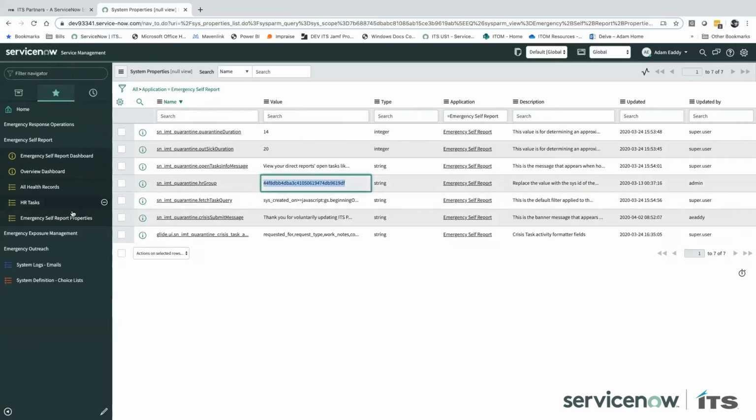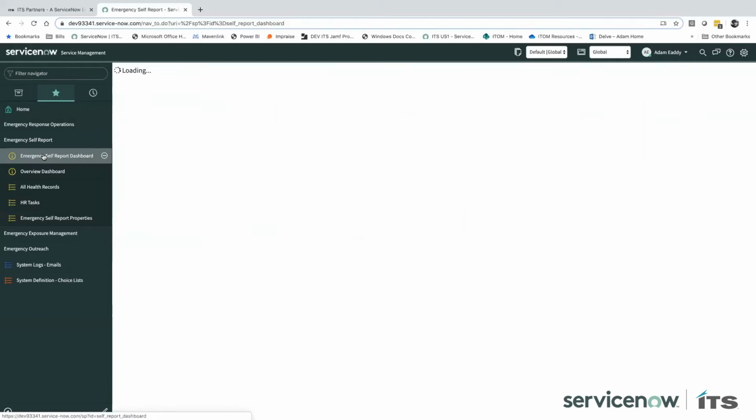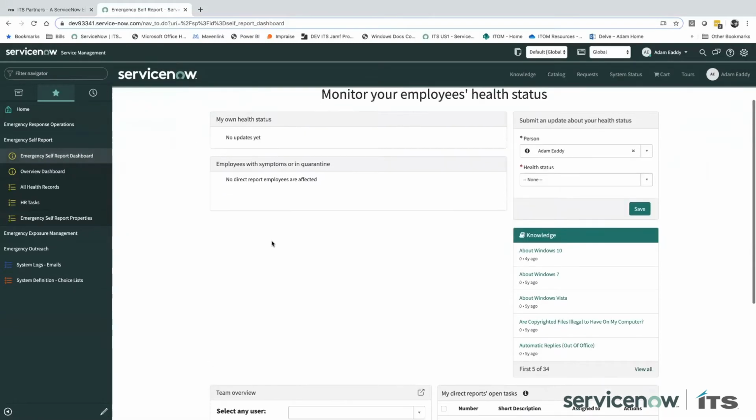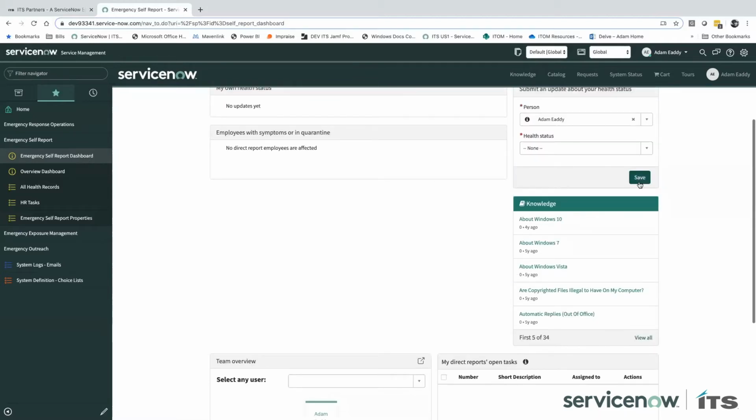We also have in our properties here a quarantine crisis submit message. So you can modify the submit message if you want. You can put emergency information in here, and we'll see what that looks like on our dashboard. So our dashboard also contains a section for us to have open tasks and incidents made available to us, as well as a knowledge base